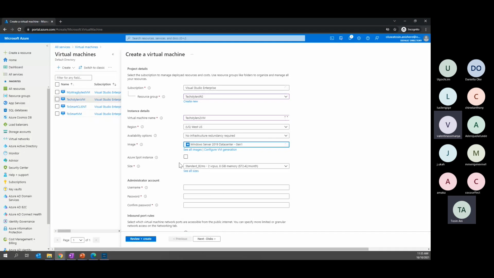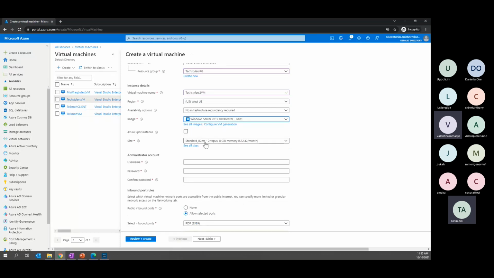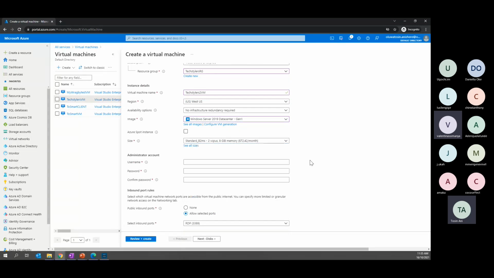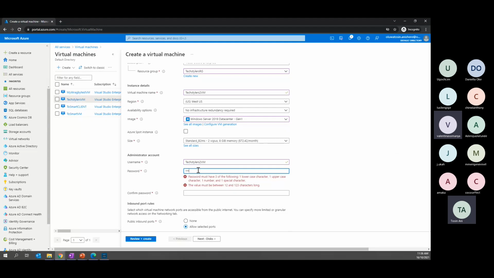Now, Azure Spot Instance, I do not need that. Then for my size, I'll maintain the B2ms because it's cheap, and I'm just doing it for test purposes. It's not for my production environment, so I'm fine with this particular disk size. Now, for my administrator name, because it's just for test, I usually advise maintaining the same VM name. That way, you do not forget what your username is. Now, create a password unique to you. It's not the best practice, but because it's just a test environment, I would say